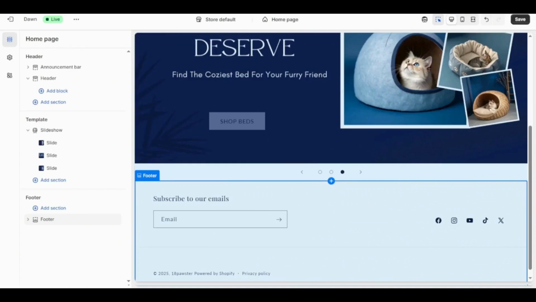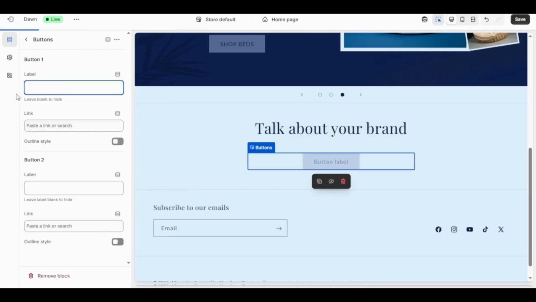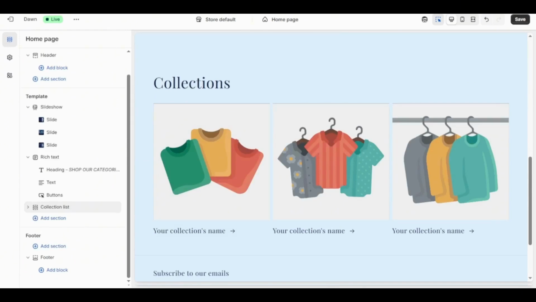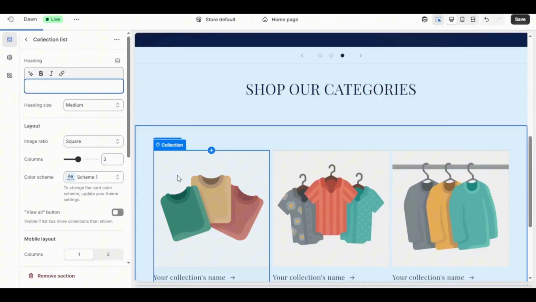Next, I'll be showing you how I design the collection list. First, I'm going to import a rich text and I'm going to remove the description and the button labels. Then I'm going to import a collection list. You are going to enable the swipe on mobile, and you can also enable the view all button if your